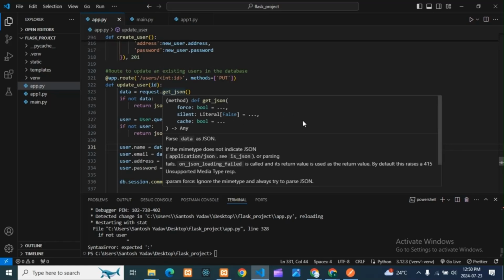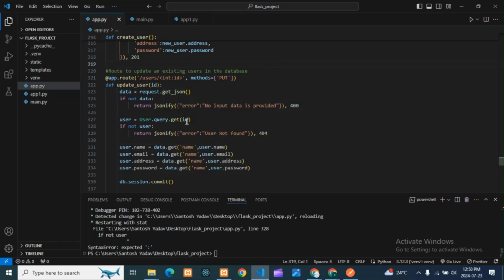Then here, guys, we will check whether this ID data is present in our request. If it is present, it will take that data, and if it is not present, it will give this error, that is user not found. If this ID is not present there, it will tell the user not found. And if this ID data is present, then it will take that data, and it will store